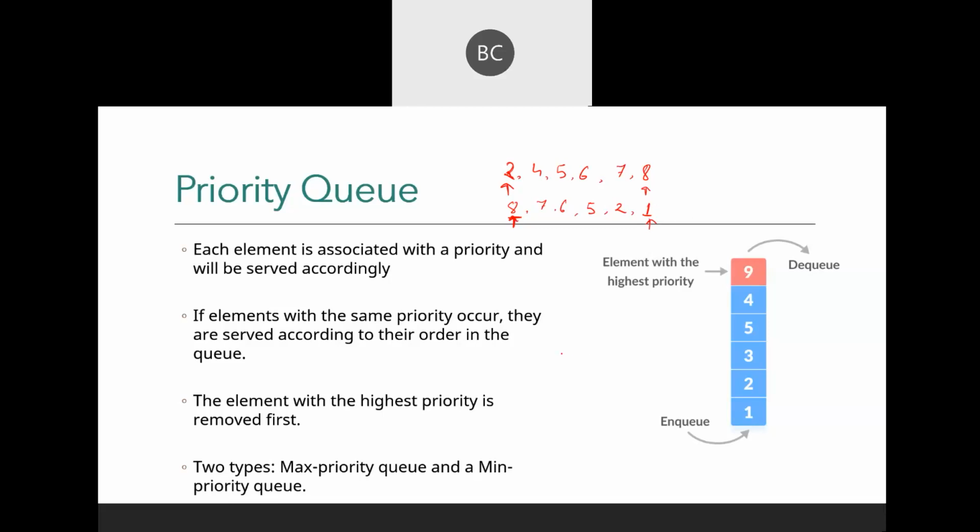And if some are similar, like 8, 6 and same elements, you will serve them in first in first out order. So this one will be your max priority and this one will be min priority. Max means you can also say descending, and this is ascending.